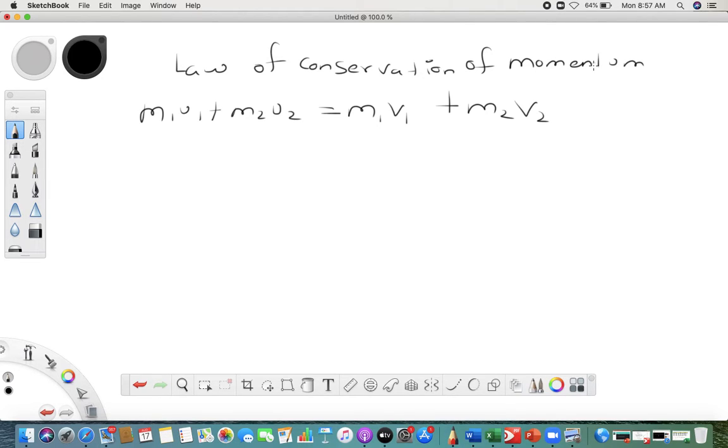But that doesn't mean we are not going to use the previous chapter's formulas. The previous chapter formulas will also be there. That is v square minus u square is equal to 2as, v is equal to u plus at, s is equal to ut plus half at square. All those formulas will be included, and they will be helpful to us in this chapter. So make sure you see those formulas also, and whenever you write, make sure you write down the formulas in your book.